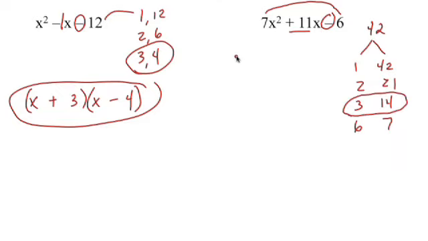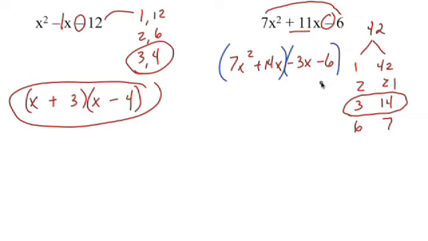So you rewrite the first term, 7x squared, rewrite the last term, the minus 6, and now we're going to substitute the 3 and the 14 to create 11. So to create an 11 by subtraction, we want the 14 to be positive and the 3 to be negative. And remember, the x just gets carried along for the ride. That's it. So basically, these two problems are the same at this point. It's just we've expanded it a little bit. And then from here, you're going to use that grouping method, which we're going to discuss in the last problem.